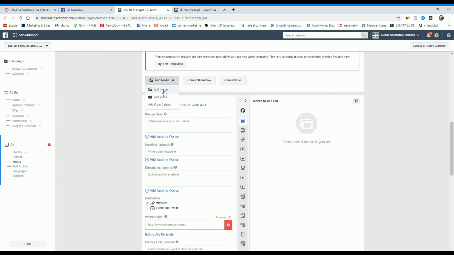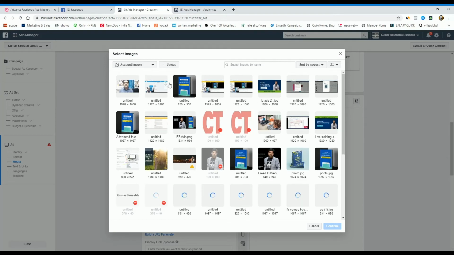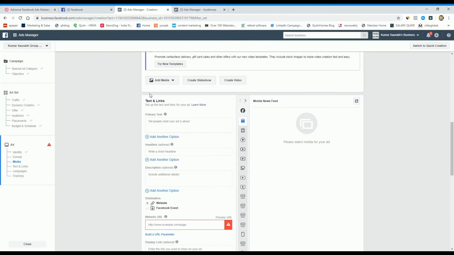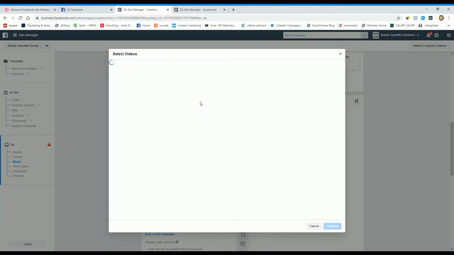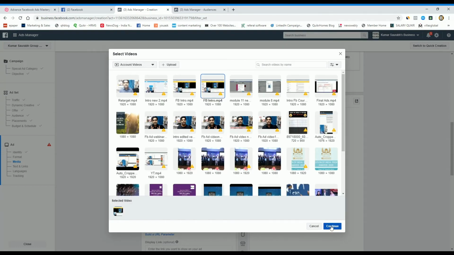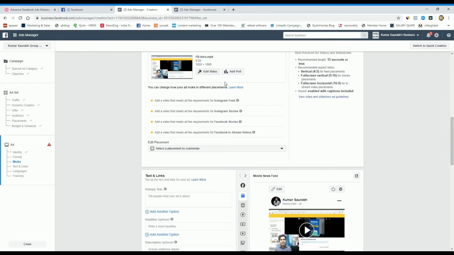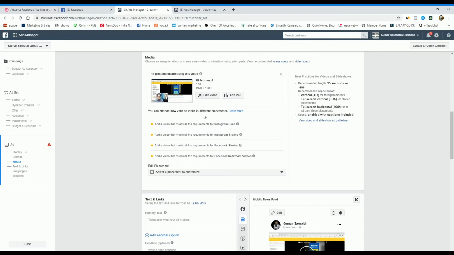Then select your image or video, it's up to you. I recommend going ahead with the video, because if you would like to create a custom audience, the custom audience gives options to create an audience who already watched your advertisement, so you can easily retarget them again.